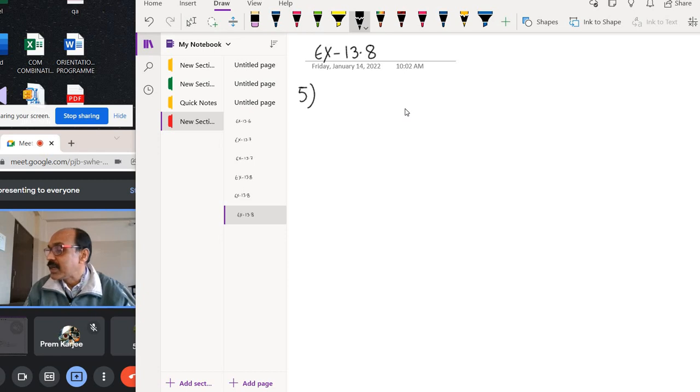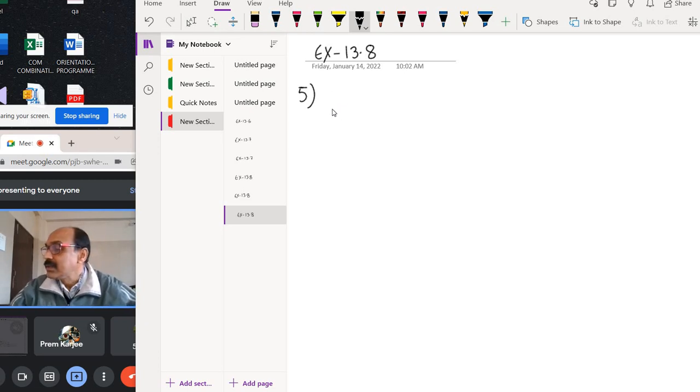So it is hemisphere in shape. The capacity of a hemisphere, the formula is, we know, 2 by 3 pi r cube. Half of sphere. Total sphere is 4 by 3 pi r cube. So hemisphere is 2 by 3 pi r cube. It is given diameter is 10.5 centimeter.